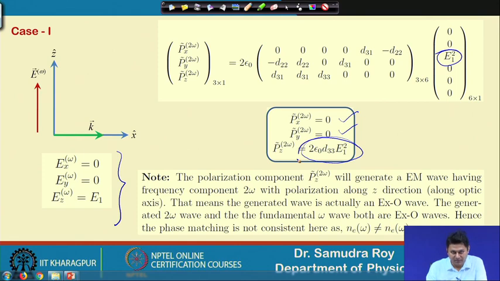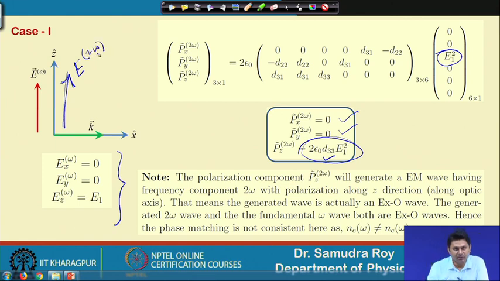That was our initial aim, that the polarization at the second harmonic, or polarization at 2 omega, should involve the d33 coefficient. So the d33 coefficient should be involved in generating the second harmonic, and here that is the case. So the polarization would generate a second harmonic along this direction, because Pz is along this direction. It is going to generate a 2 omega wave along this direction.